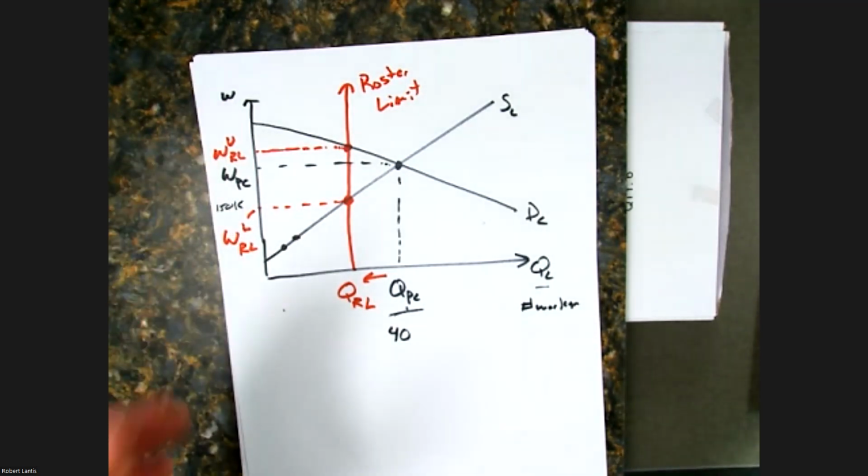We're going to have some bargaining, some negotiating going on. If someone had a little bit more power, so if the players union had a little bit more power, we might see that these roster limits actually push the wage up, right? If the union has a little bit more power so that they're able to get the wage closer to what the team would be willing to pay, we might see the wage go up to here. If we didn't have a union, if we go back before the players union existed, and maybe the reserve clause still existed, well, then we'd probably see the wage get a little bit closer to here, right? Because the teams would have a little more power in negotiating and bargaining. And we'll go through some bargaining stuff, I don't know, this week, maybe next week. But for now, we just know that the new wage will be somewhere in this range after we have this roster limit.